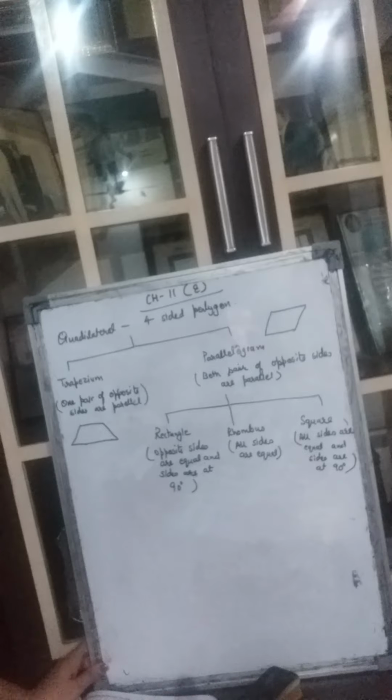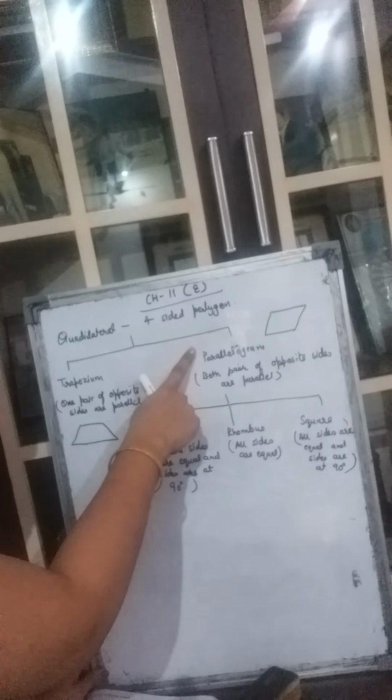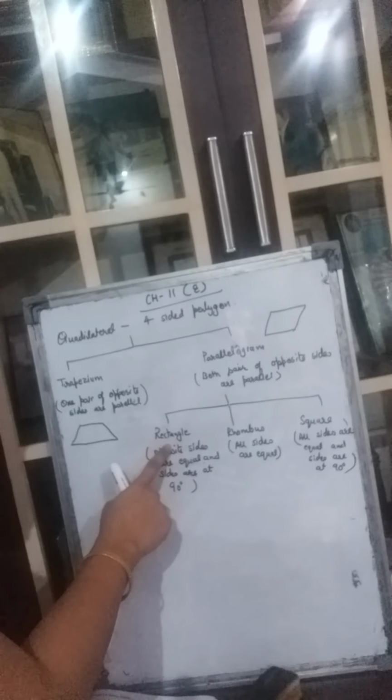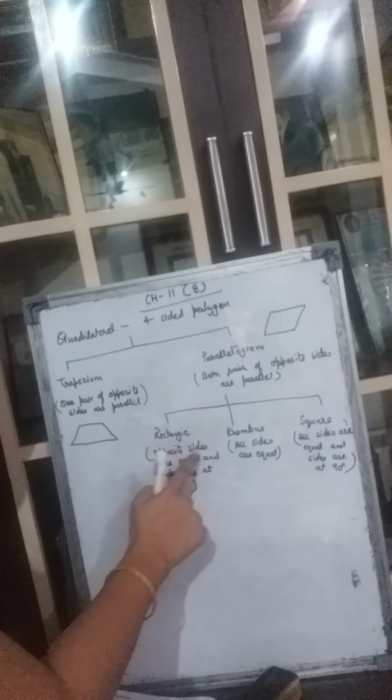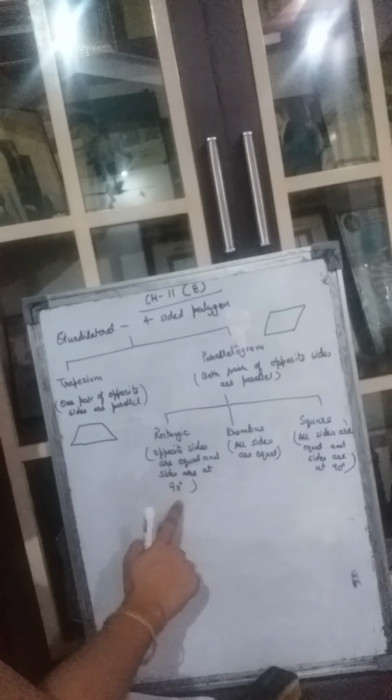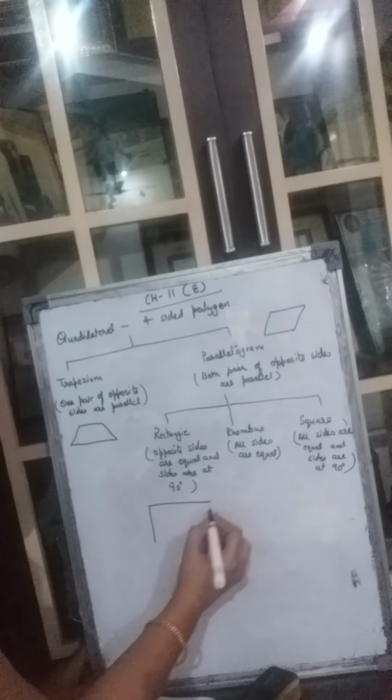First is the rectangle. You all know very well what a rectangle is. A rectangle is a parallelogram, or it is a quadrilateral belonging to this. So the property that both pairs of opposite sides are parallel will come in this also. That means opposite sides will be parallel. ये तो होगा ही होगा because it has come from parallelogram, right? What happens in a rectangle? In a rectangle, opposite sides are equal also and sides are at 90 degrees also. That means there are straight sides. So it will have these two properties also and this property also.